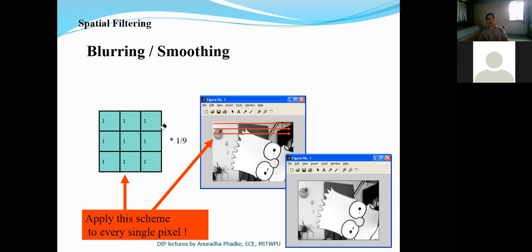And when we apply this as two-dimensional convolution, what we need is to simply add all the pixel values, these 9 pixel values, and then divide the addition by 9. Okay, so this is your averaging, very basic averaging filter. When we apply this averaging filter on the given image, the ultimate result is blurring of the image. Noise is removed and sharp edges are blurred because of the averaging.